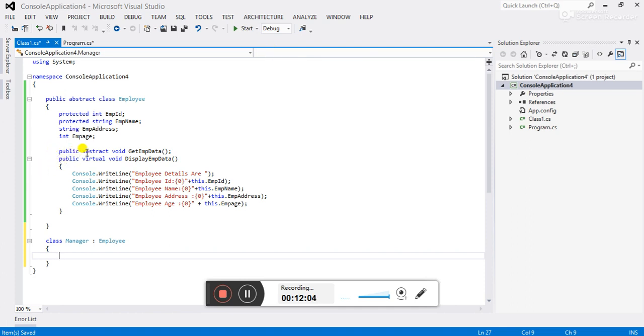The abstract function is compulsory to override here. So this abstract function is overridden in the derived class. So let's copy this